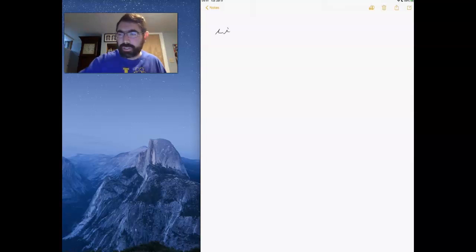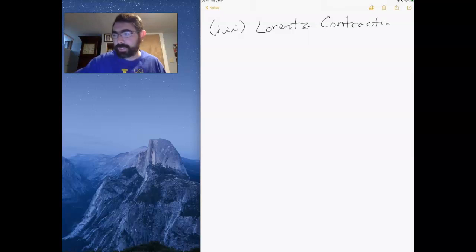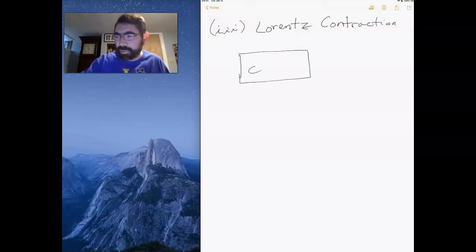Okay, so I think this is item 3 in this section. Basically what we want to do is look at lengths. We've already looked at what happens to time when we measure different times in different frames of reference. What happens to length? The particular example that the book uses is that you have a light source right here,